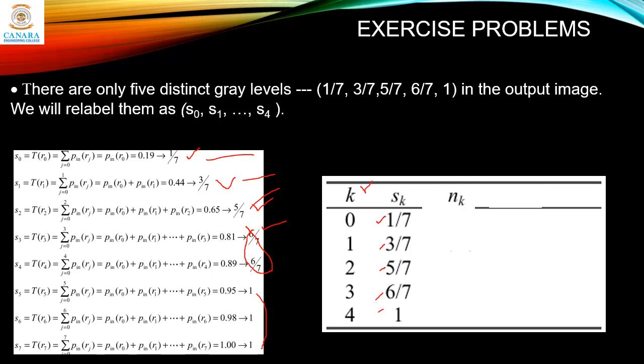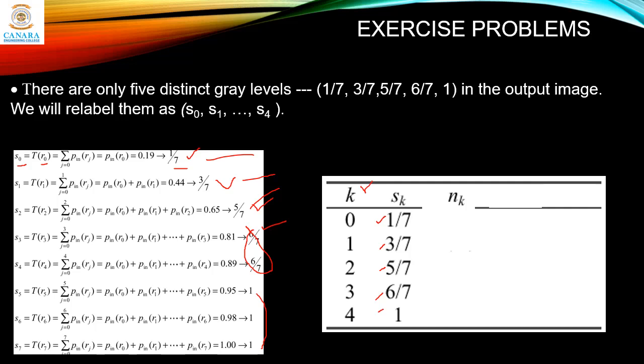Next we should write the nk values for those corresponding levels. Now this is the tricky part here, so concentrate. So nk, first up is 1 by 7 level, and 1 by 7 level takes the gray values from S0. S0, which is equal to T of R0, takes the gray values of R0.